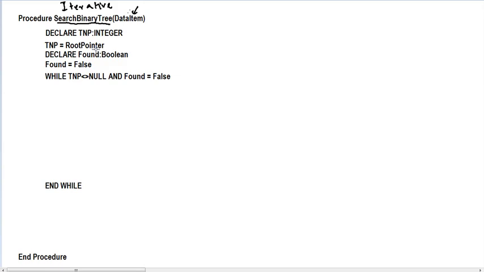Now inside of this loop, the first thing that I need to do is check if the current node, that is the node towards which TNP is pointing at right now, has the value that I am searching for. So I'm going to check the data value of the current node, and see if that is the value that I am searching for. And as you can see here in my code, what am I doing? I am actually going to my array called tree. Remember, all our nodes are lying in an array, and because we're working with a binary tree,